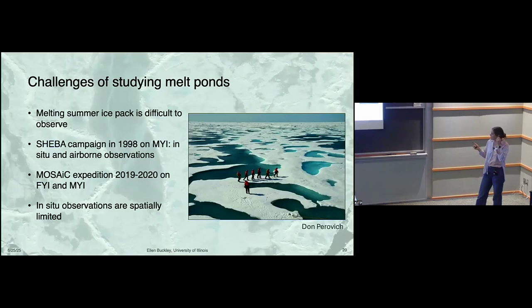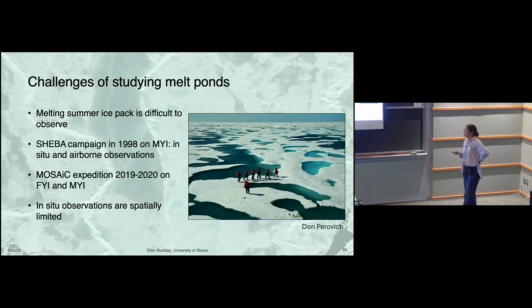A lot of our understanding until recent years has been from the SHEBA campaign in 1998 on multi-year ice, where they had in situ and airborne observations of melt ponds. And we've learned a lot about melt ponds from that, but that was very specific and now like 27 years ago. And so more recently, the MOSAiC expedition on first-year and second-year ice, I think,